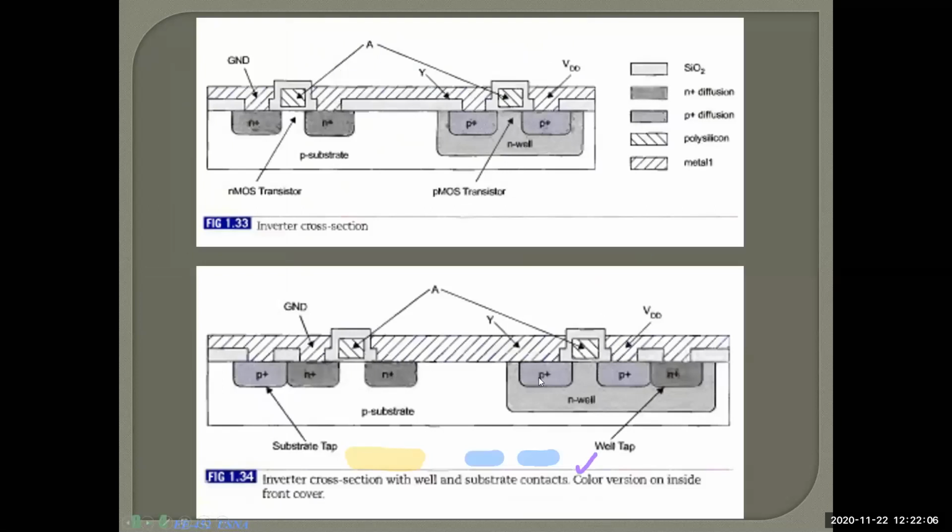You got something like this. Understood? So this is done in several steps. At first the N well is done. Then the N plus is done. Then the P plus is done. Understood? So the same type of material will be done at once. Different types of material will be done at different stages.